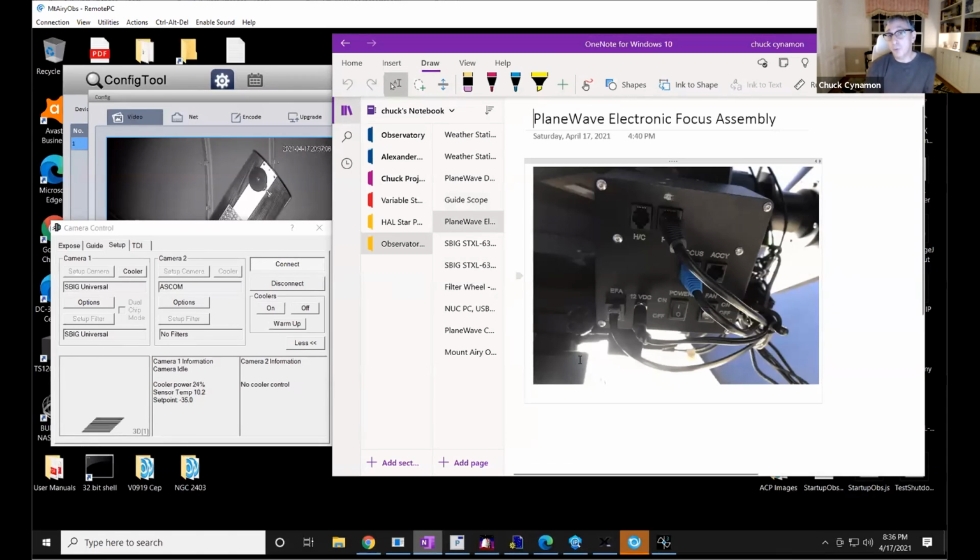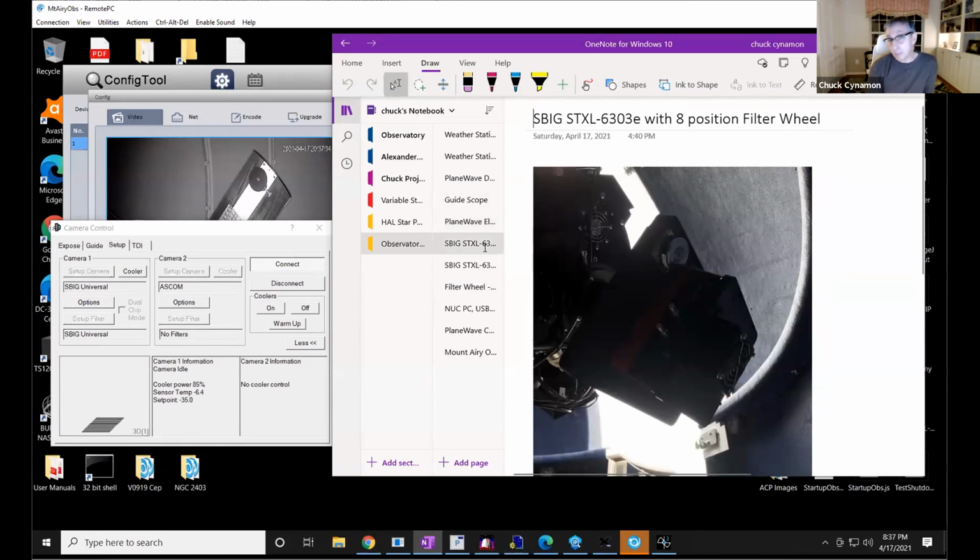This is an electronic focuser. The focusing is done by moving the primary mirror in and out. It only moves about 30 millimeters in total. So not very much movement, which is really good because it locks it in place. When the telescope moves, I don't really suffer from what they call mirror flop when you move from one side to the other.